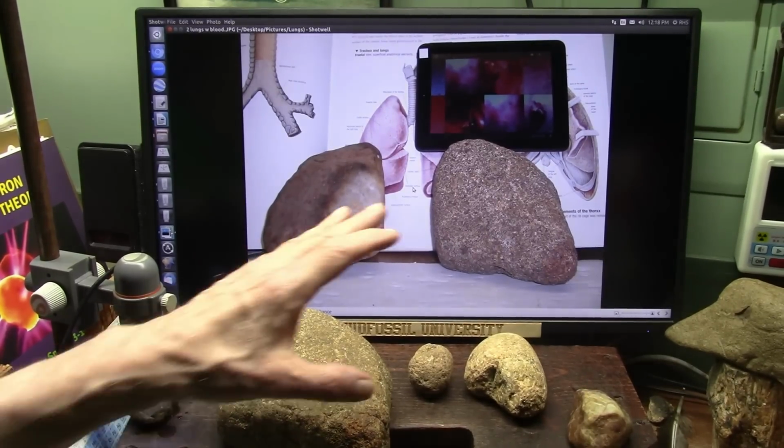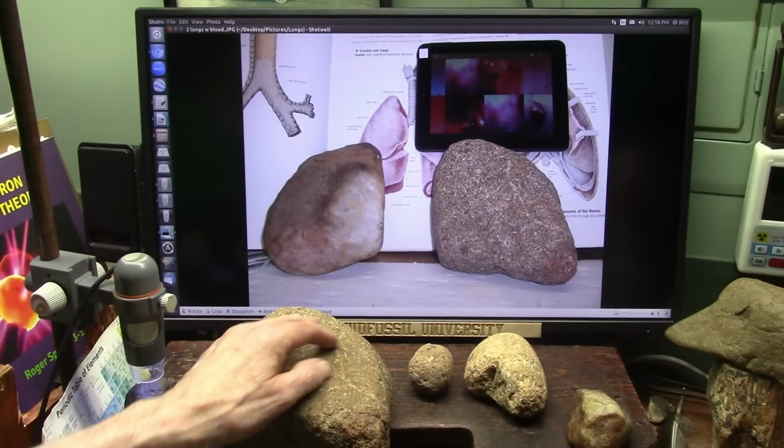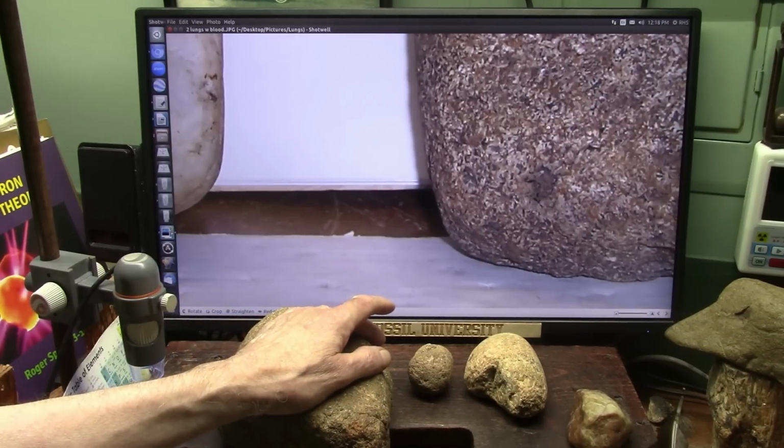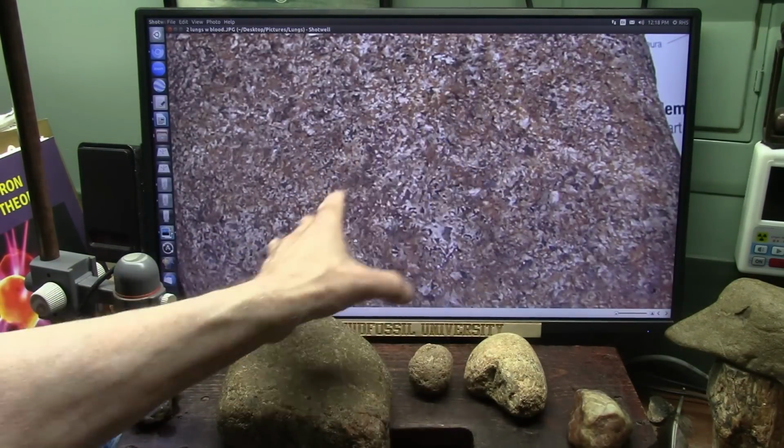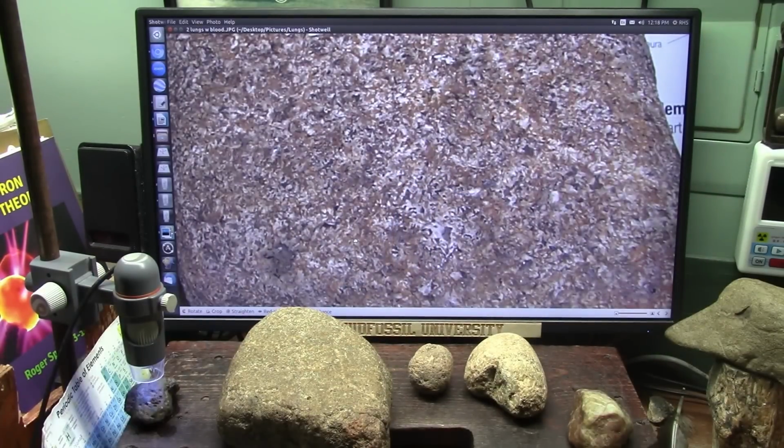All right, so we got the two lungs. Now this one here, just to show you, I don't have to put it in the microscope really. You see what you got here is fabric? Well, I'm going to show you this same fabric on this one, only, like I say, it's blackened up. Wherever that stuff was red, it's black now. Some of the white fibers are still nice and white. Hold on. Okay, so we're looking at it there, and here it is up here in the scope. Now, those cavities there are still filled with blood. That's the fabric. The collagen part turns black. The fibery stuff, some of it's remained. The cavities are where the blood is.